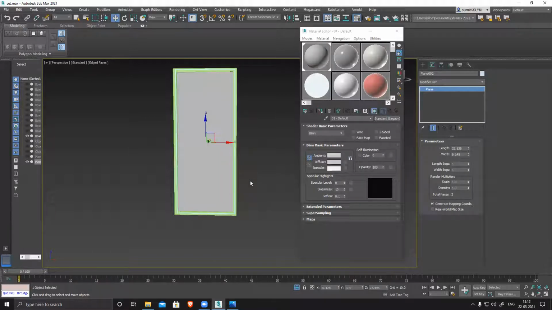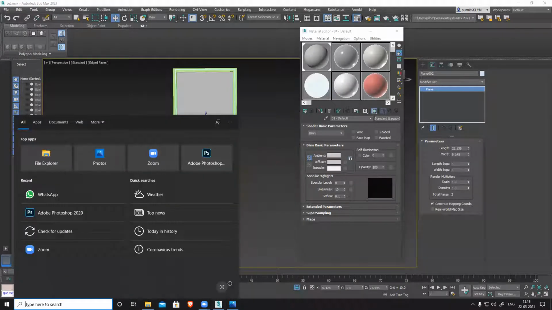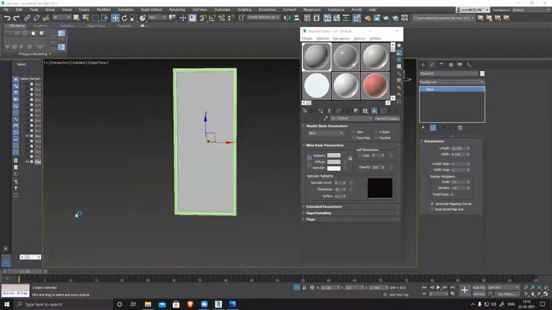So how do we do it? What we do is we create a black and white map. All the black areas are transparent, all the white areas are opaque. Whenever you want to create a transparent thing, in games, movies, and everywhere, we create an opacity map for that. In that map you have the information about where it's opaque and where it's transparent. Black stands for transparent, white stands for opaque. So if you want, we can create a texture very easily.